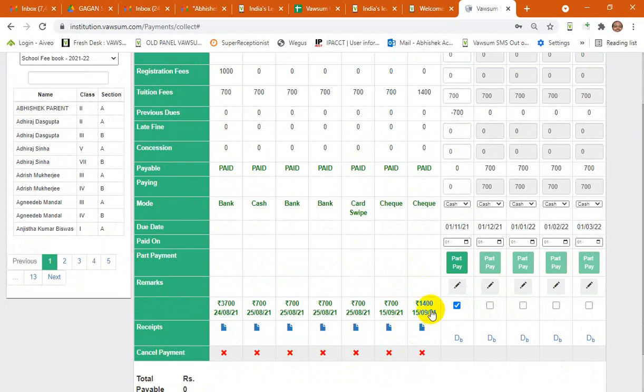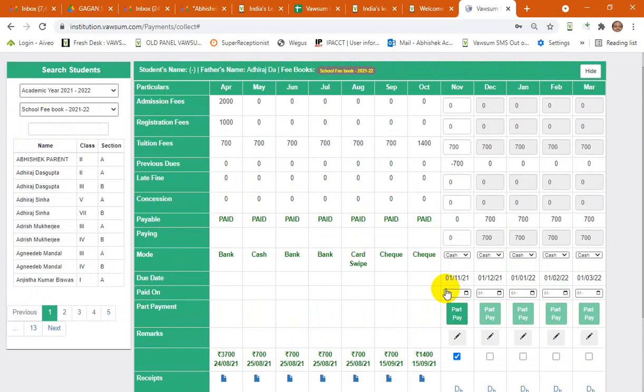So it means it has to be done on a real time basis and with the consent of the parent. This is an absolutely sensitive section wherein a payment is captured for the parent and a receipt is also generated. So this practice should be done only if you are absolutely sure that the fees need to be reverted or cancelled.